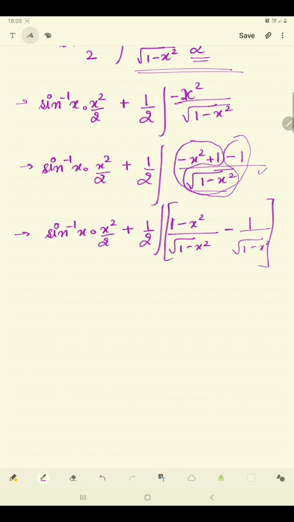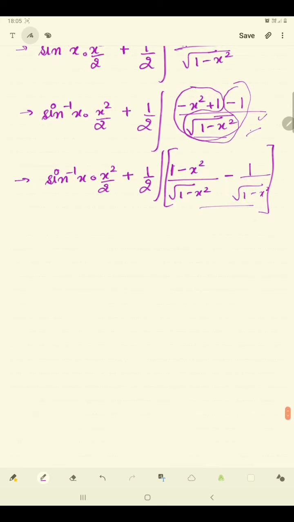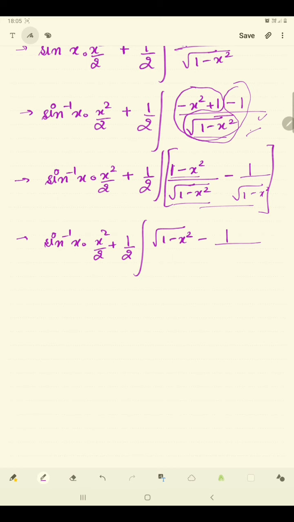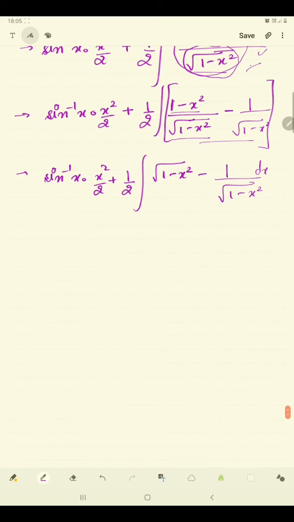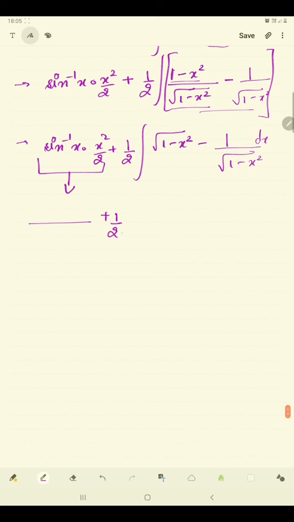So we have actually converted this numerator upon denominator function into two separate functions. And now we have this term as it is and 1 by 2. Now since these are two similar terms, we can cancel them and we get a root sign at the top. So let me write this in the step ahead, 1 minus x square minus 1 upon under root 1 minus x square dx. Now this term remains the same, not gonna copy that again for you, and we have 1 by 2.